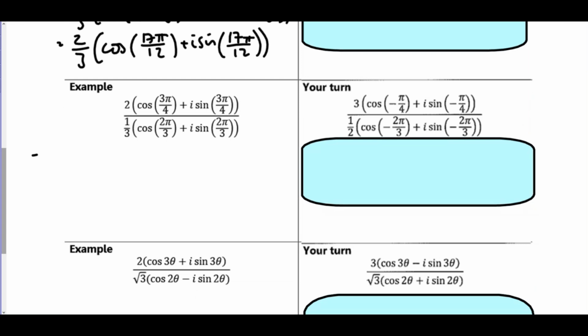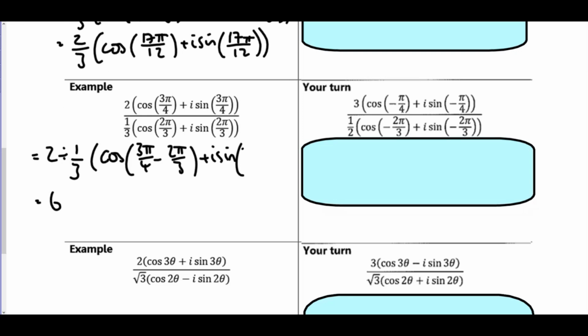For this second example, now we're dividing these complex numbers, so I'm going to divide their moduli. So 2 divided by a third, which gives me 6. And then for their arguments, I'm going to subtract those. So 3 pi over 4 minus 2 pi over 3 plus i sine, same thing, 3 pi over 4 minus 2 over 3. So this will give us 6 on the outside, and then cos of pi over 12 plus i sine